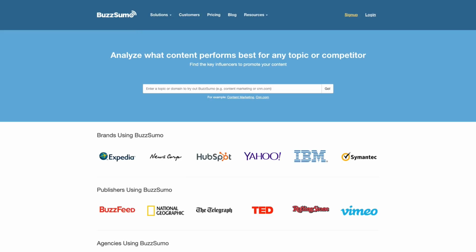All right, so the first step to creating your lead magnet is to make sure that you research a topic that is in demand and hot. A simple research tool that you can use is BuzzSumo. BuzzSumo allows you to enter a search term and see what types of content out there are getting shared on